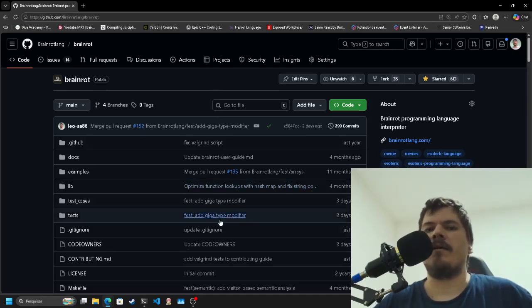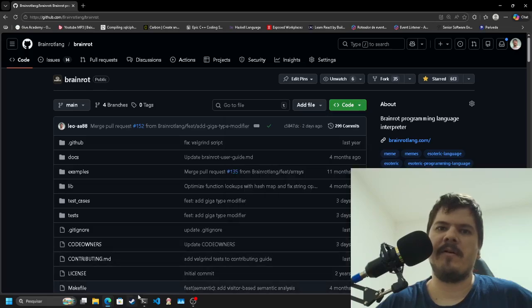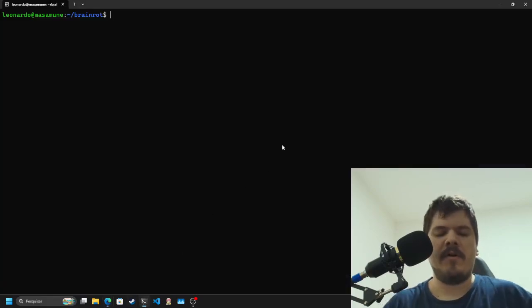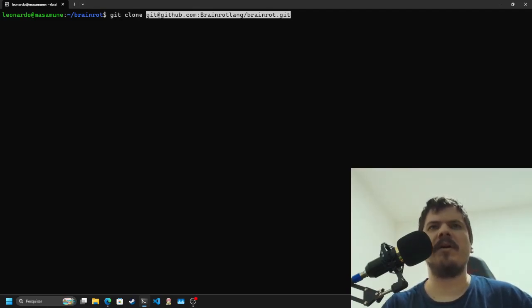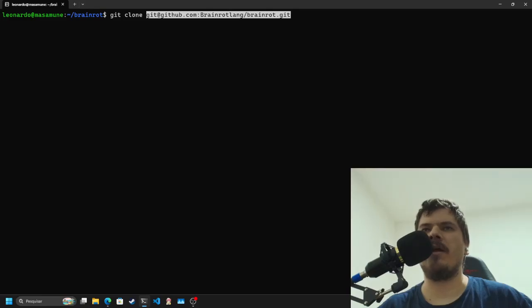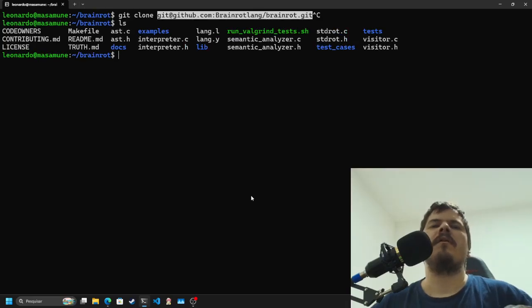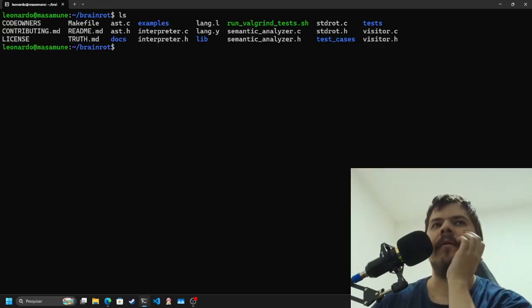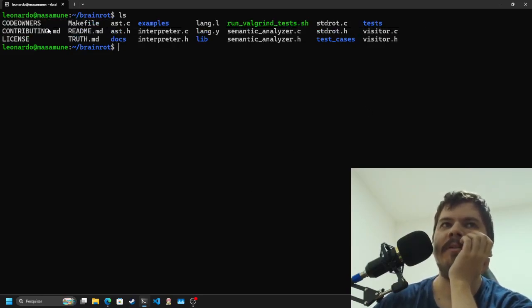So anyway, assuming you have cloned it using SSH, copy the URL and then go here. I've already cloned it, but if not, you can type git clone and then paste the git@github.com URL for brainrot lang. Okay, so I have the Brainrot repo here, so we've got a bunch of stuff like basic documentation like the readme,